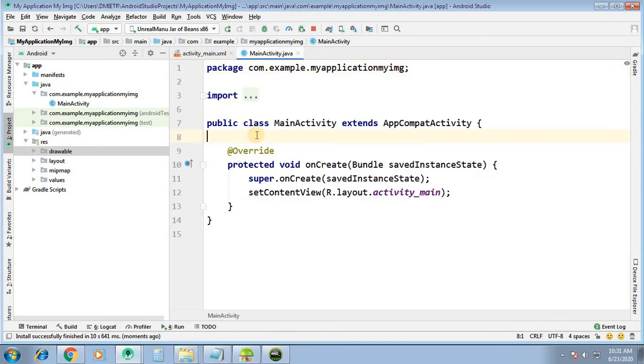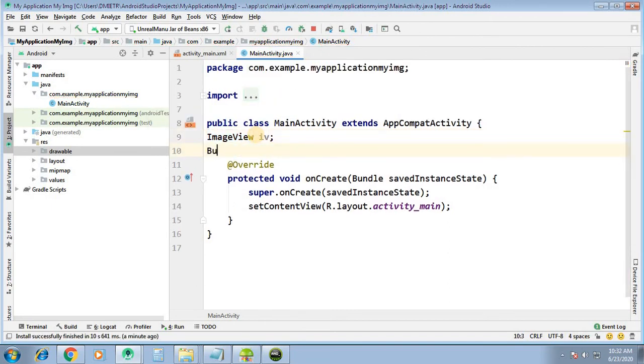So I will map this ImageView, Alt Enter to import the class. Then I have a Button b, again Alt Enter to import the class.